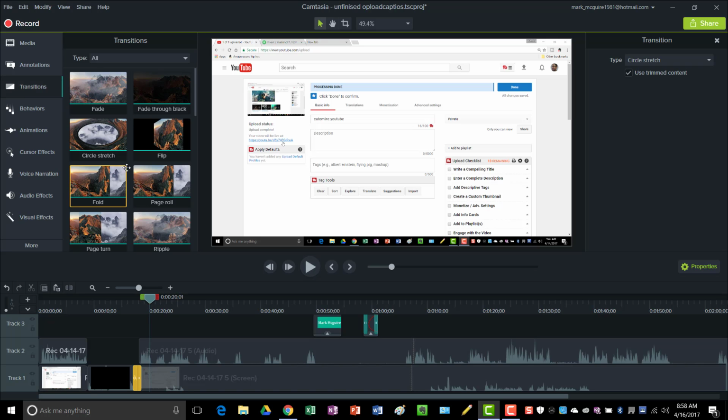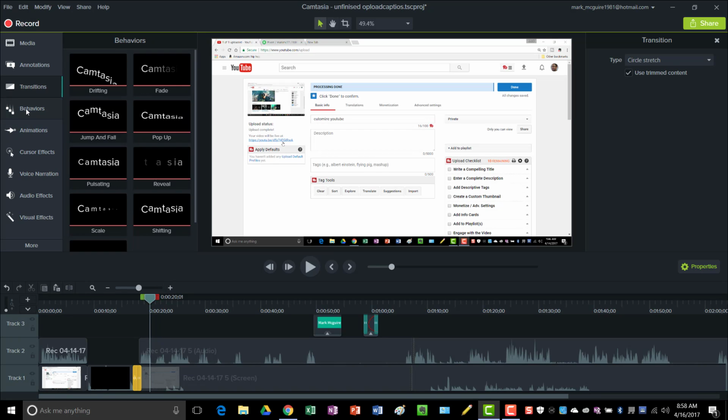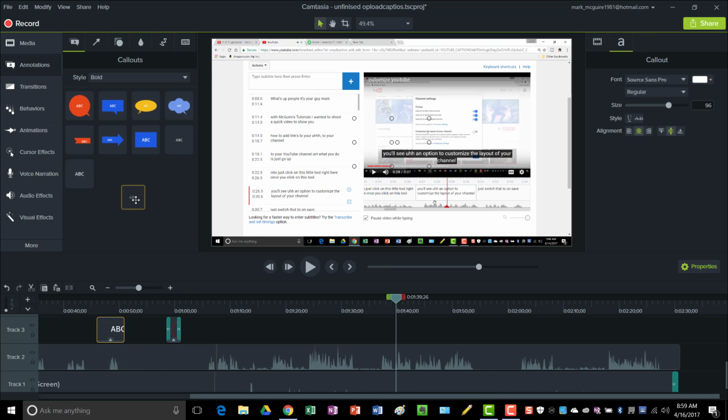Okay, so that's how you separate tracks if you wanted to edit and put another track in, and also add your transitions. Now behaviors is something that you can add to annotations. Let's say if I wanted to add another annotation in right about here. So what I would do is just pull that annotation in and make sure your cursor down here in the timeline is right over that annotation, and just pull it up. Double click on the text. Now just put in